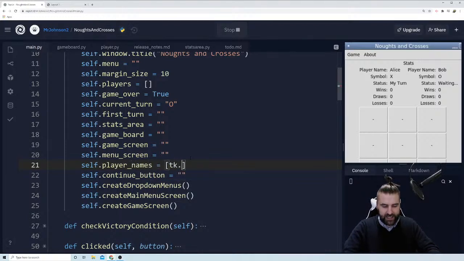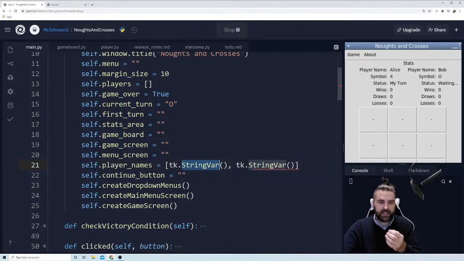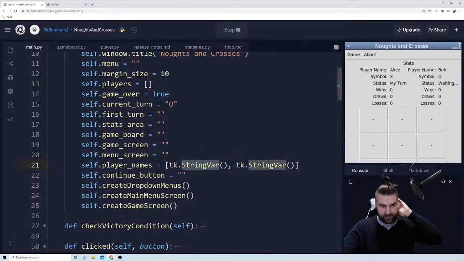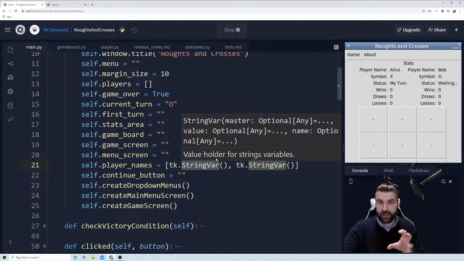I'm going to say tk.StringVar, capital S, capital V. And then I'm going to put a comma, I'm going to do another tk.StringVar. Okay, and what this means is we'll be able to assign these StringVars to our entry fields when the player types in their name, and then we can get those from there. Okay, so that can be where we store them,